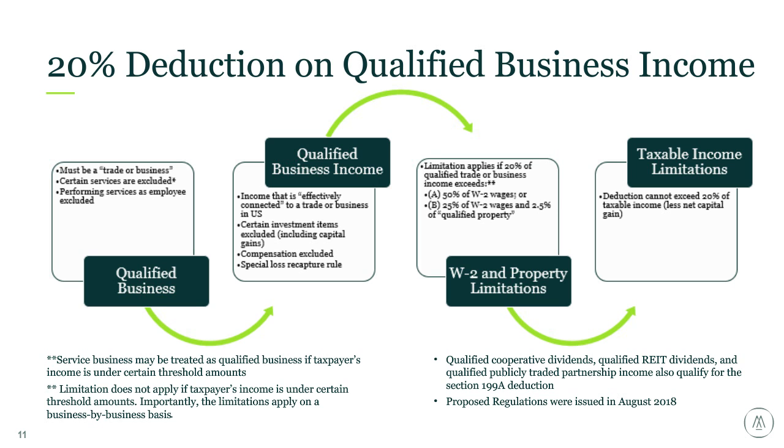And the great news there is that proposed regulations were issued this month, in August, and those regulations provide for grouping elections that can be made. So if you have multiple flow-throughs, and maybe one of the flow-throughs has a lot of income but doesn't have wages, but another entity doesn't have as much income and has the wages, then you can bring those two together and do grouping elections.